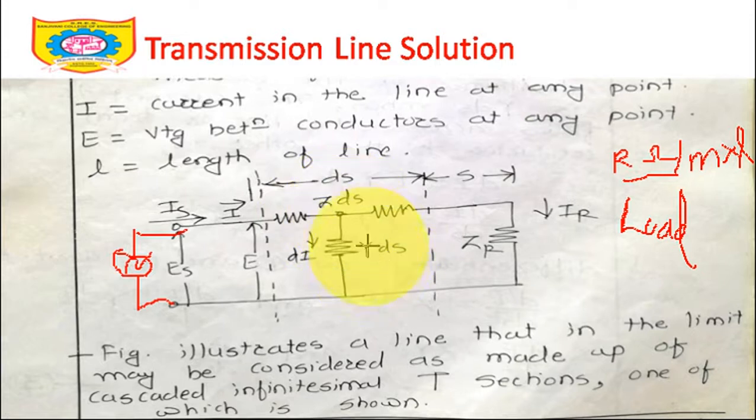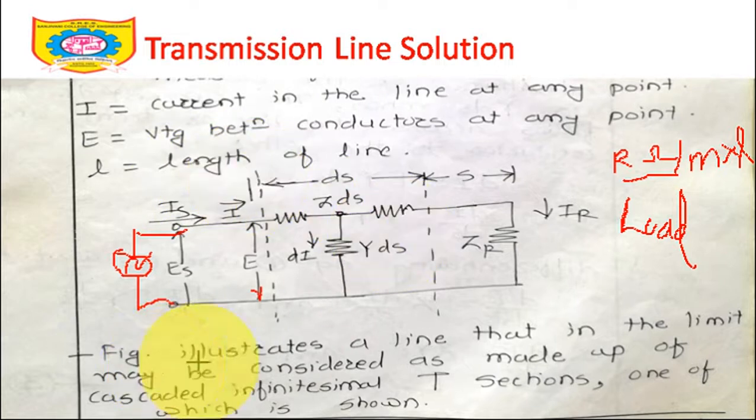Similarly, if I am talking about the shunt admittance Y, it is the admittance of this transmission line per unit length multiplied by the length. Try to understand. Now, out of this source current Is, there will be some voltage drop across this section of the transmission line, and if I am talking about this very small section of the transmission line, this current I enters here, small i, and this current is entering this small section ds. Is it okay? So I is the current in the line at any point, E, and this E is the voltage associated with this particular point, I and E.